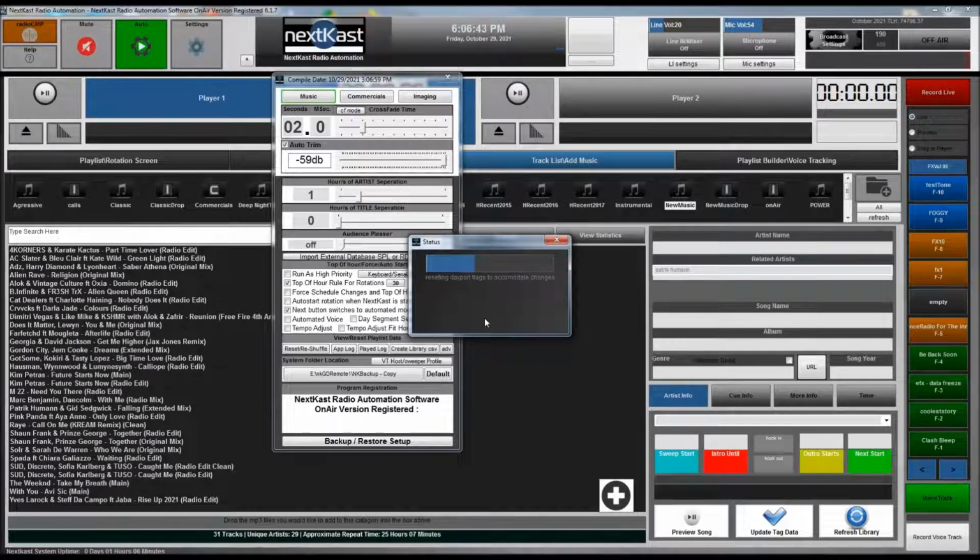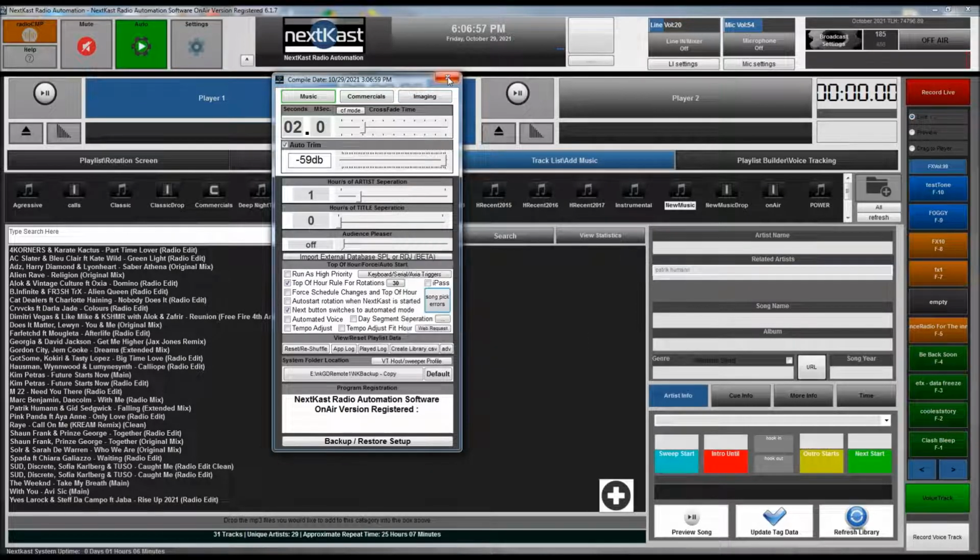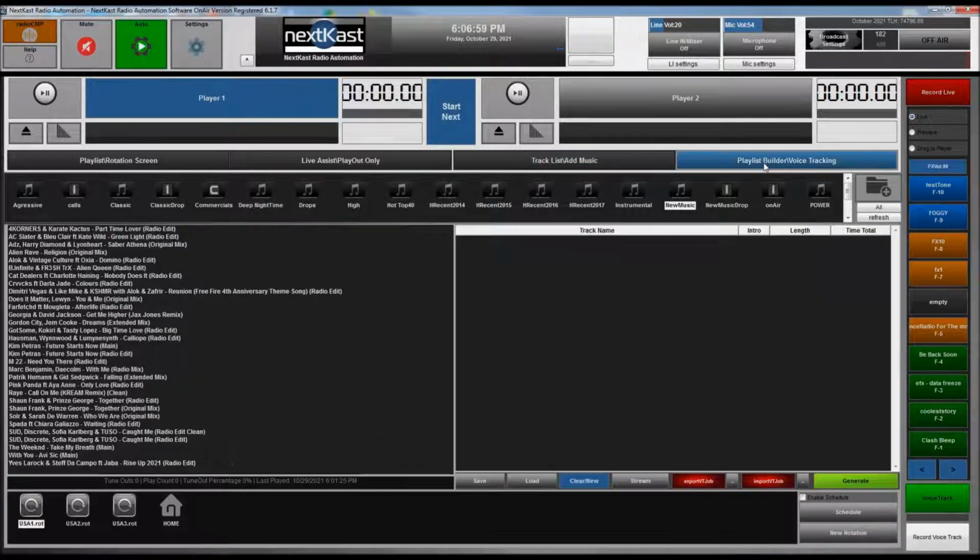And once this is reset, I'm going to go ahead and create and generate playlists for 5 days. And then I'll show you the report, and I'll show you the result, and then we'll go from there. We'll analyze it. So once that's all reset and ready to go into debug mode, I go to my playlist